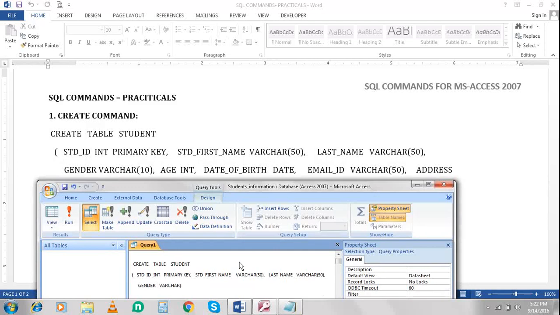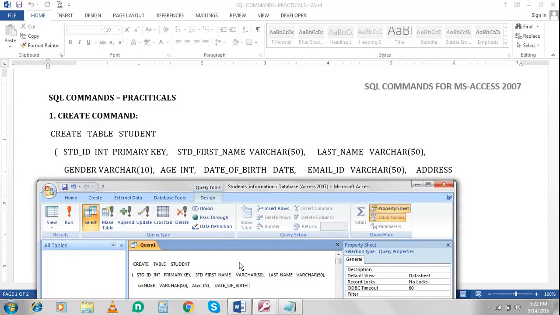I'm assigning only 10 because gender means obviously two genders, male and female, so the maximum characters you know already. Age, integer, date of